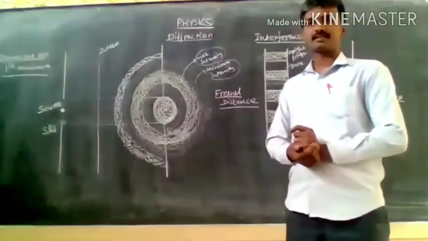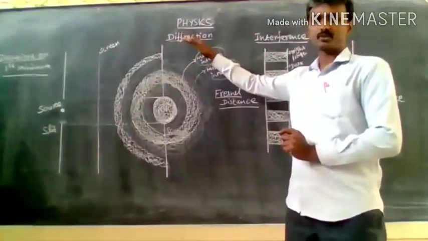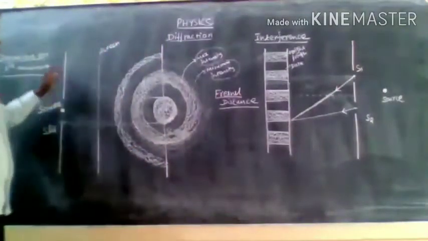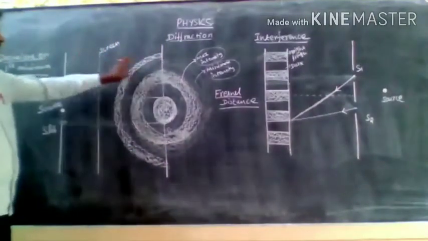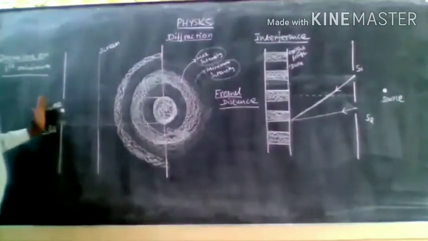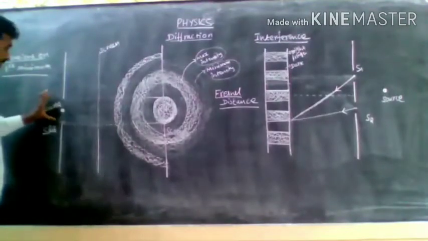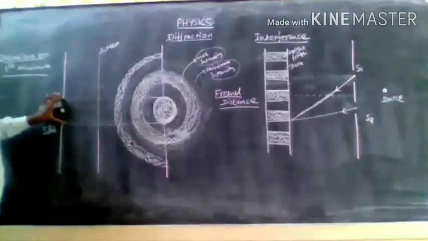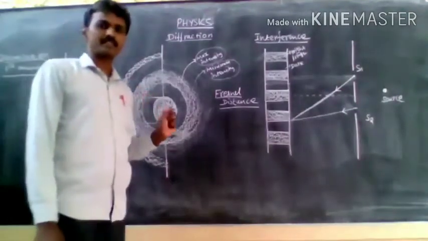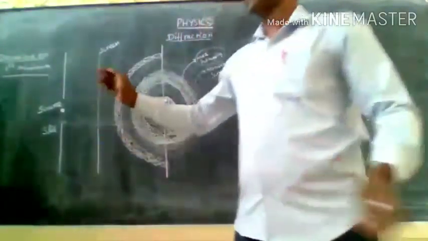First, I am going to recollect a few things from diffraction through the single slit. Let us look at the diagram. This is a slit, and this is a screen. Suppose the source of light is placed beyond the slit; the light reaching the slit undergoes diffraction, because I already told that diffraction is the bending of a beam of light.